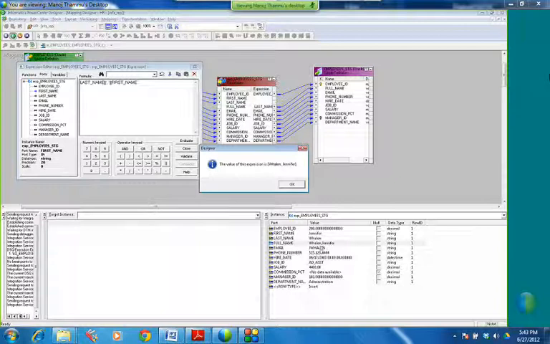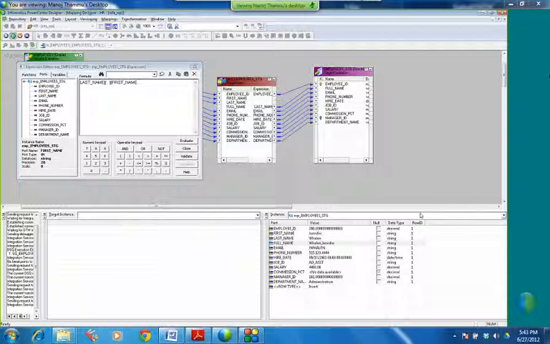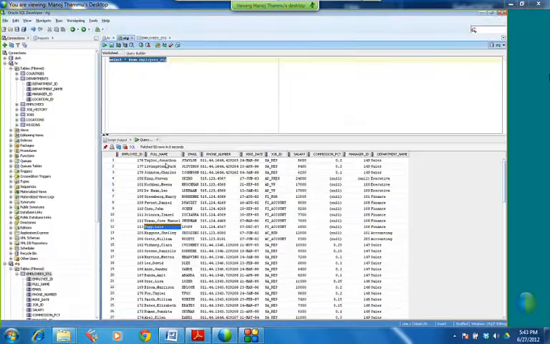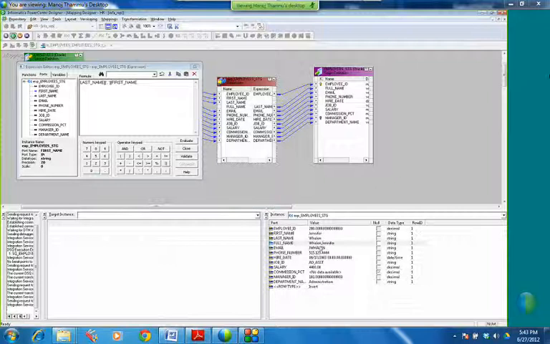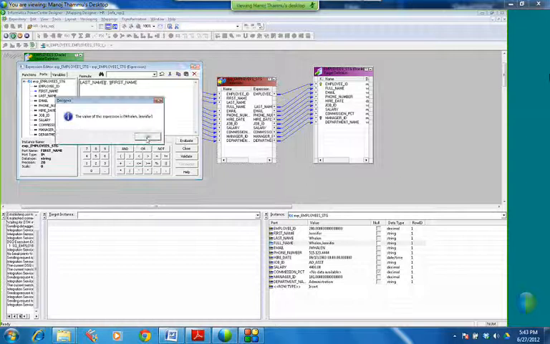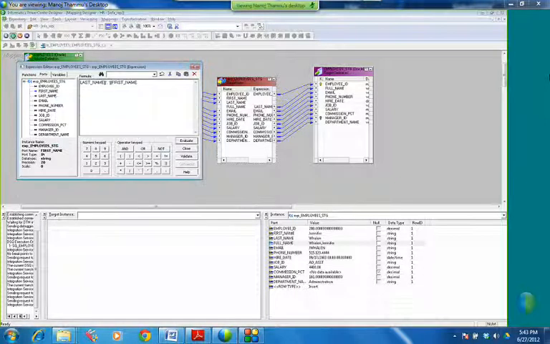This is just a debugger to test something. Okay, you know what your data is getting here, right? Without debugger, you can't know unless and until you load to the target. Once after loading the target only, you check this, oh, I need a space here. So in the debugger, you can check without loading the data to the target. And you can also check your queries here like this.